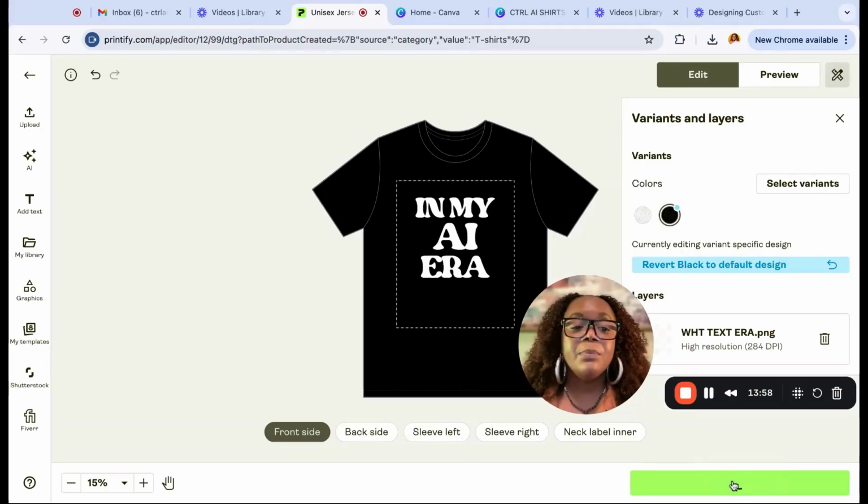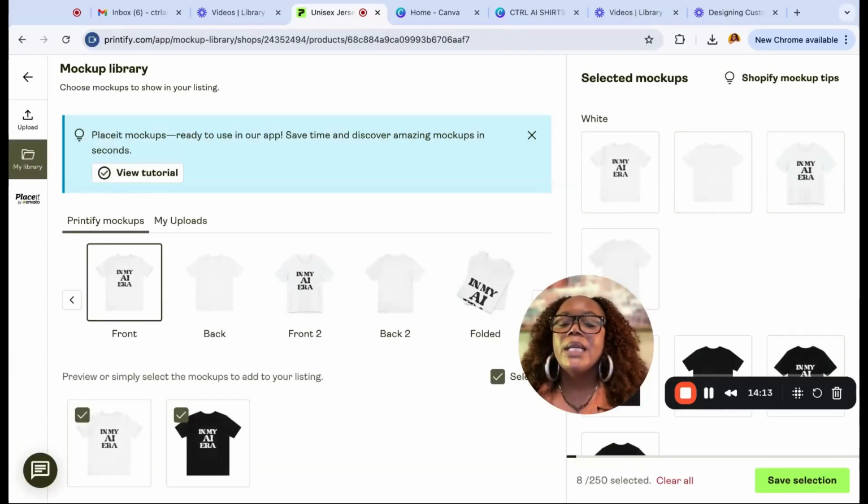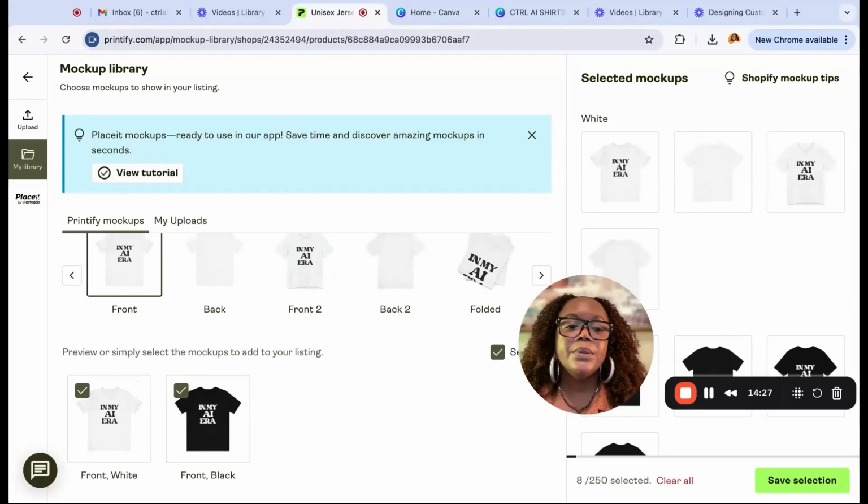This is the mockup library. It shows you the different things you can add, the mockups to your shop, and you can decide if the preview of what they've selected is fine. You see there's a tutorial if you need extra help here. I will just save my design. Now this will be a duplicate because I've already done it. Okay, so